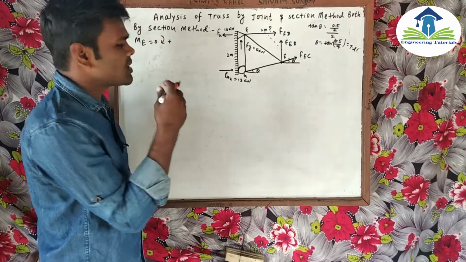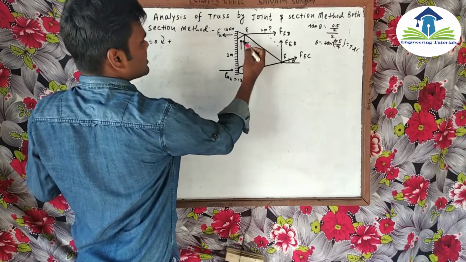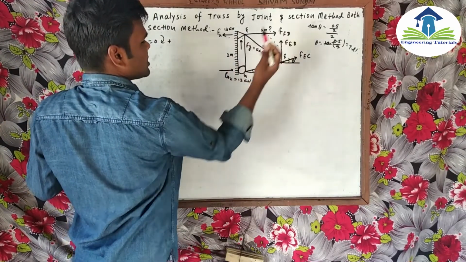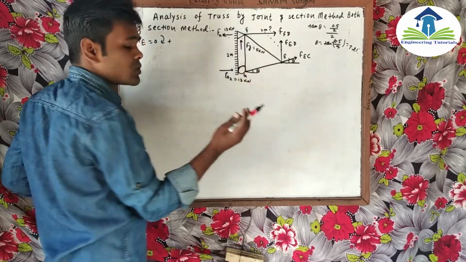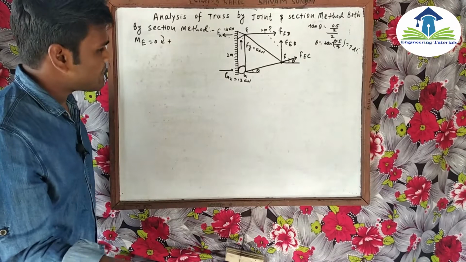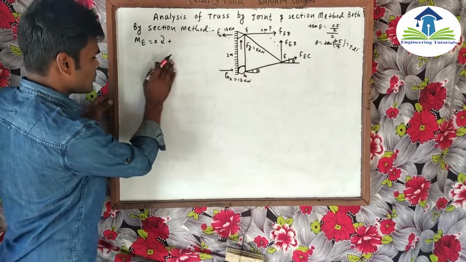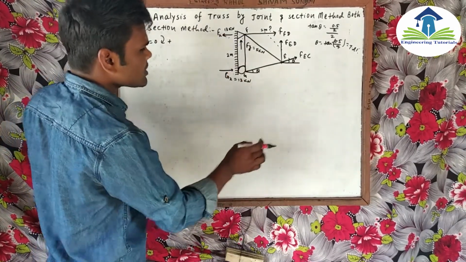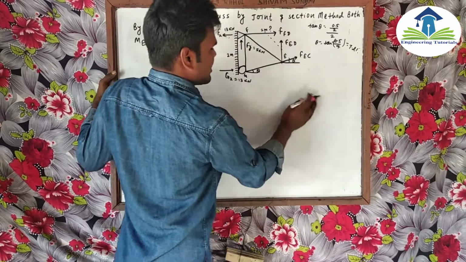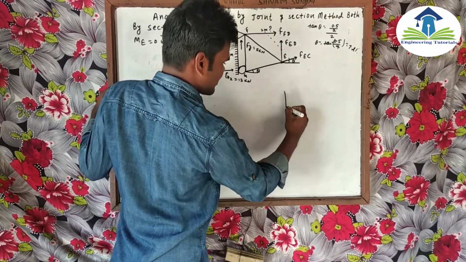So let total bending moment at point E be equal to 0, positive. Which forces are going to generate the bending moment? This force also, this force also, this force also, this force also. There are 4 forces going to generate the moment at point E. So how can we write? First of all, this value is 5. We can also analyze the figure like this.